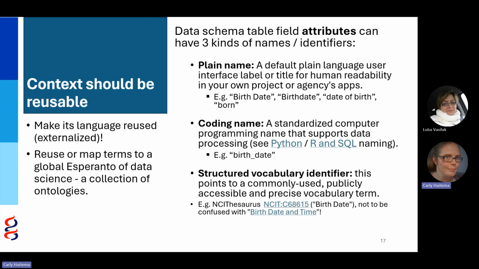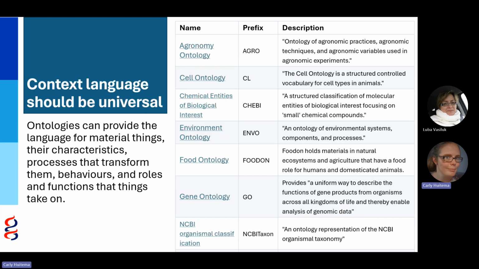Let you name whatever you want, provide a little bit more of a standardized coding name, and then provide that semantic identifier to allow automated comparability in data. So in a way, I'd like to say the general message here is that data science is trying to create an Esperanto language of the different domains using these standards. Of course, ontologists think we have a really good role here in that last semantic web reference